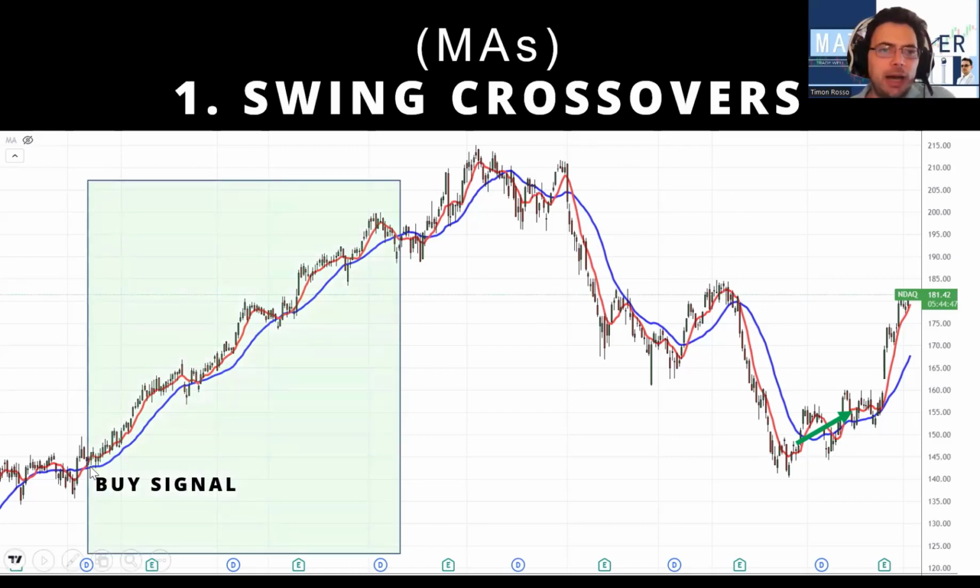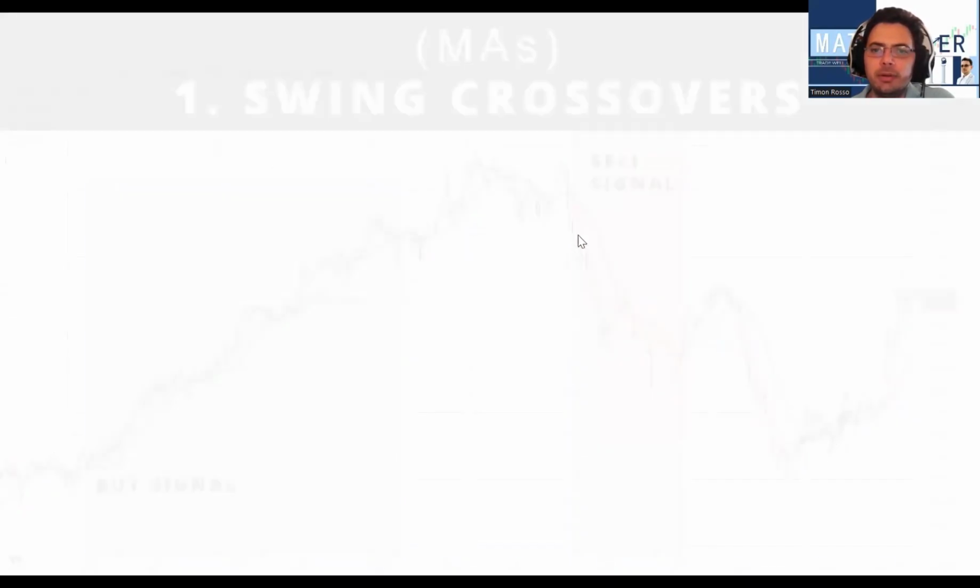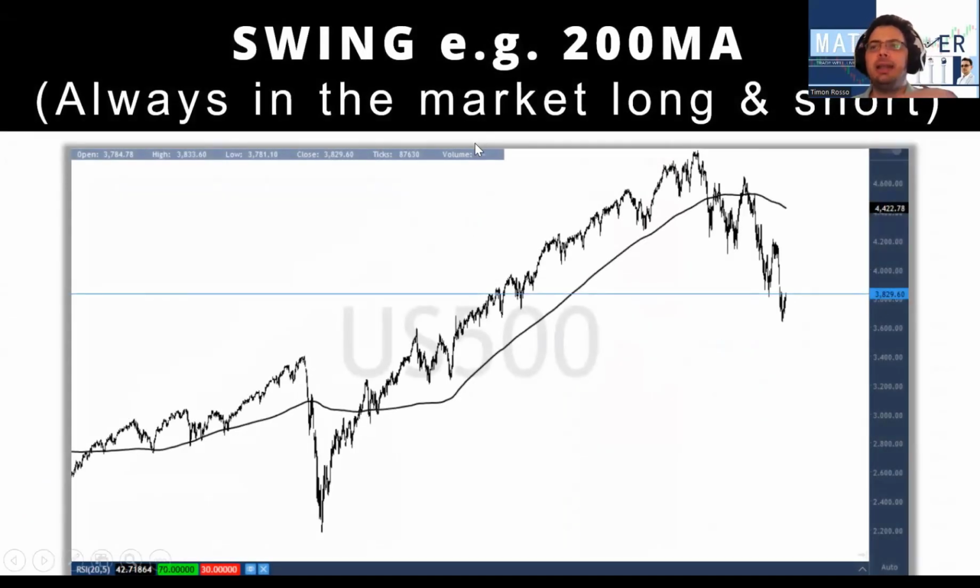Let's move on. You have your buy signal, you have your sell signal, and then you have another style of swing trading, which is with a 200-day moving average, where you are always in the market and you are long and short, and you're using the most powerful moving average in the world, the 200-day moving average. And why is it the most powerful? Well, there are a few reasons, but I don't have the exact reasons. One is that there are possibly only 200 working days in a year, so it does make up for the 200 that are taking place within the working period.